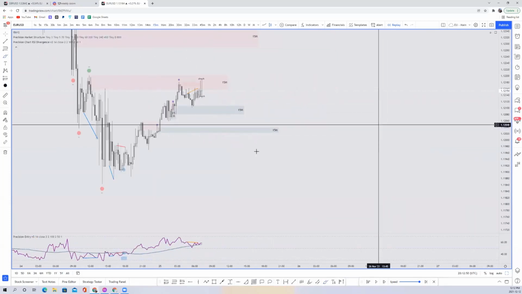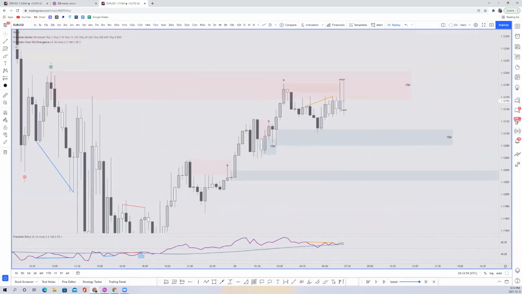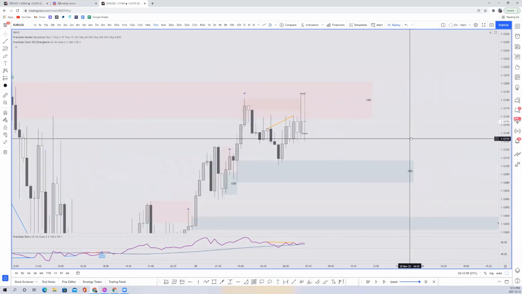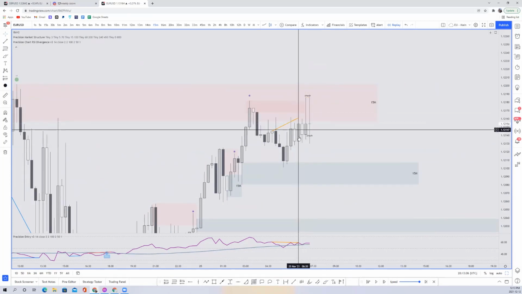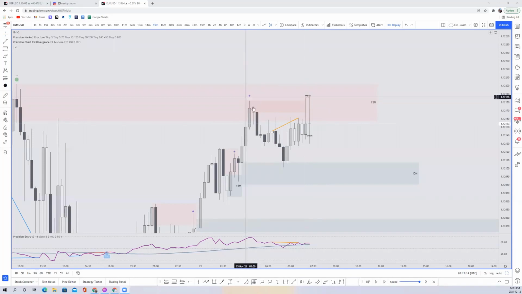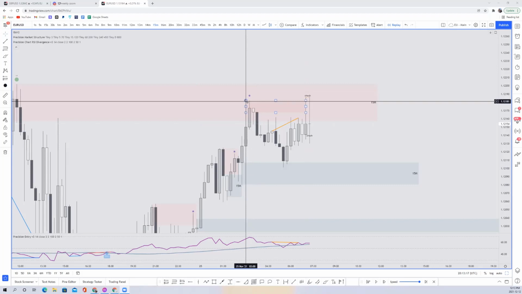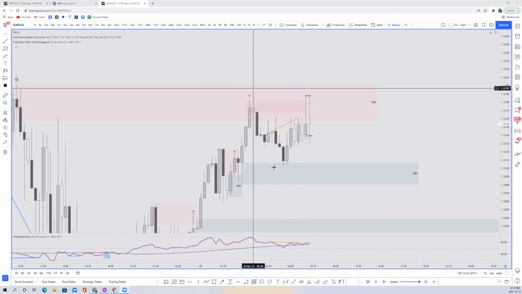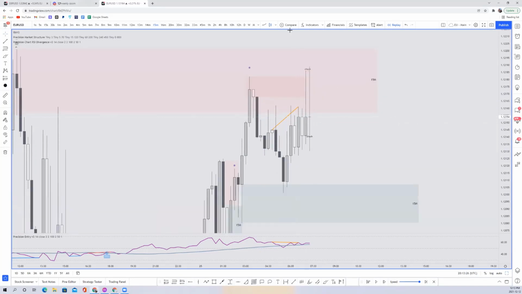So if we just go to the 15 and we investigate, you're going to notice two things. And there's two ways of looking at this. One, we have an inside bar here, which is our last source of demand. This inside bar here wicked above here. And we're not sure if that's a liquidity grab or not. But the next thing we get is another wick above. So now when we see